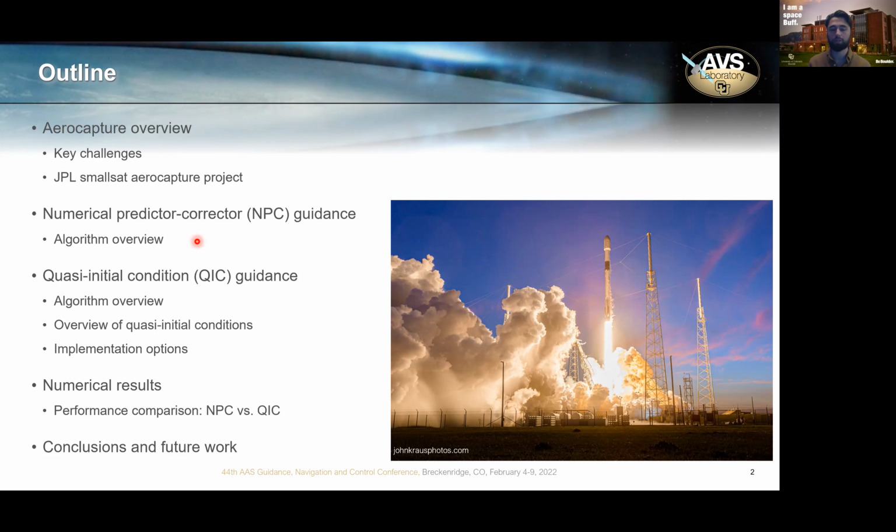And so one of the fundamental motivations behind the new algorithm that I'll present in a moment is, can we take this computationally expensive step and move it somewhere else in the mission that demands less rapid guidance turnover? Okay, so our proposed new method is quasi-initial condition guidance, and immediately one of its distinguishing